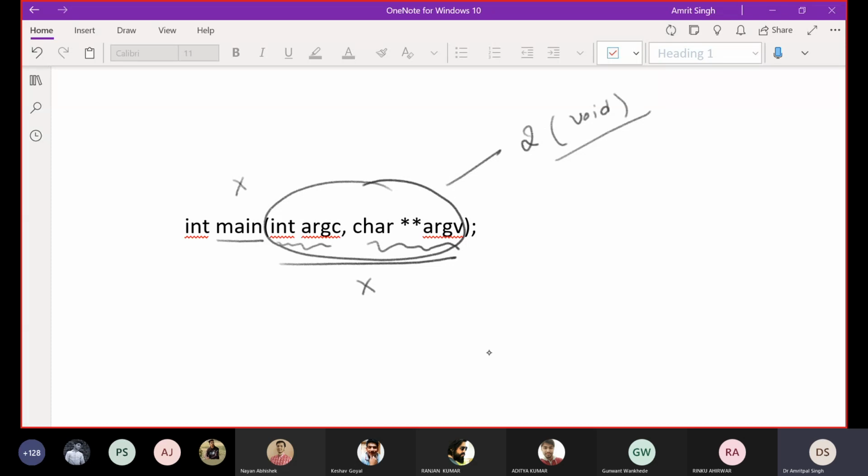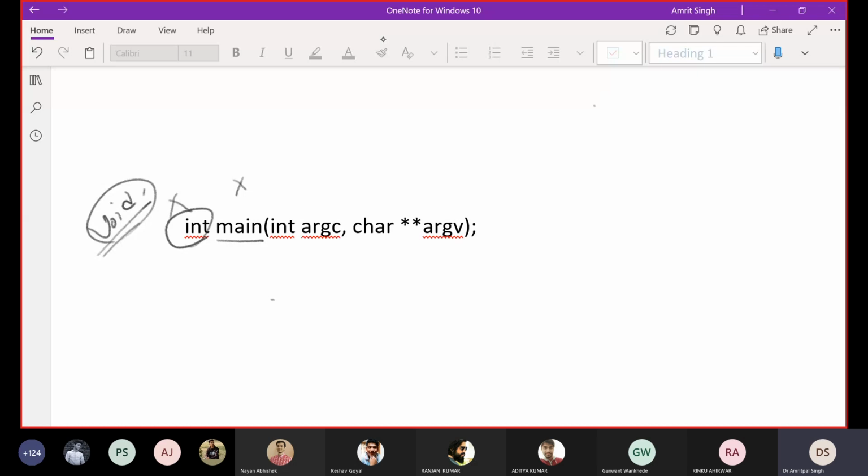And similar with the return type. Either we can return int or we can use void. So those are the options which are given to you, and the rest is all fixed by your compiler, so that your compiler can treat this as a starting point, a particular point for a program, and only some things are in your control. Either you can write simply main. When you write main, you have given this as void and you have not used any argument. But when we are going to learn good programming, you will learn how we can use these 2 variables.